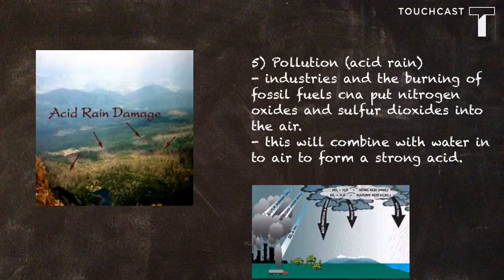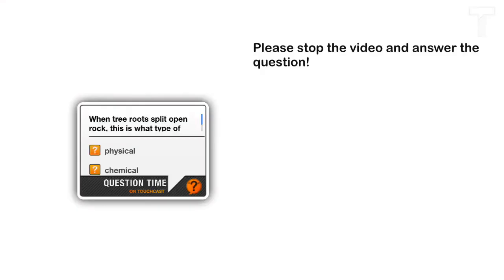Like in the picture here, you can see the brown spots in the landscape where the acid rain has damaged that life that's there. Also, these can also break down rock as well, but not just the rock, but living things that are on the Earth's surface. So now I've finished talking about chemical weathering